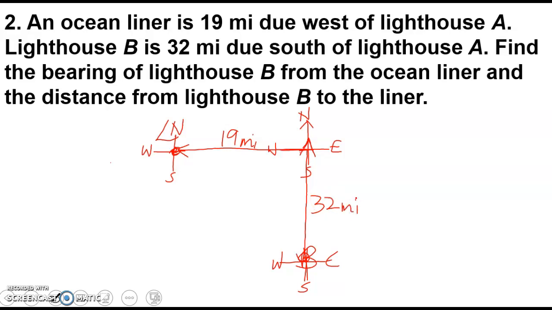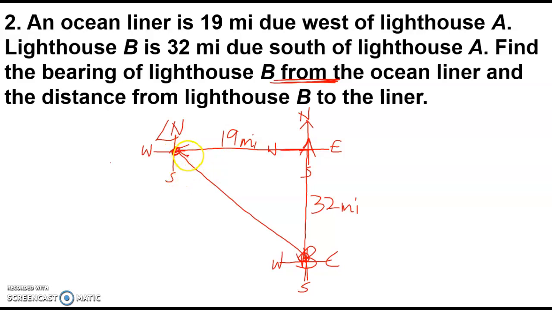Find the bearing of lighthouse B from the ocean liner. Now, the key is from where. So the from is where the angle is going to form, the ocean liner. So we are looking for the angle here. So B and liner. So let's draw a line from B to liner. But the angle we are looking for is from ocean liner. So the from is the origin. So from the ocean liner,